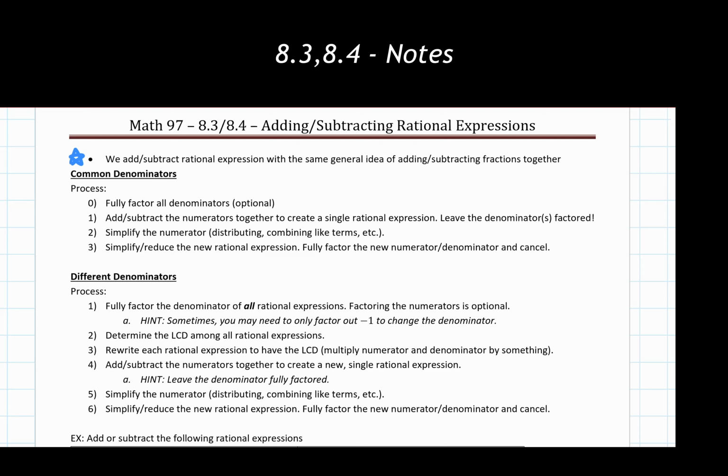So we have two scenarios showing up with these problems. We have instances where we have common denominators and we have different denominators. Now the processes for each are fairly similar. The only difference is a couple of setup steps depending on if I'm starting with the same denominator or with different denominators. So let's assume we have common denominators here. We have our process written here. Again, I'd recommend, as necessary, pausing the video and getting these steps written down for yourself.